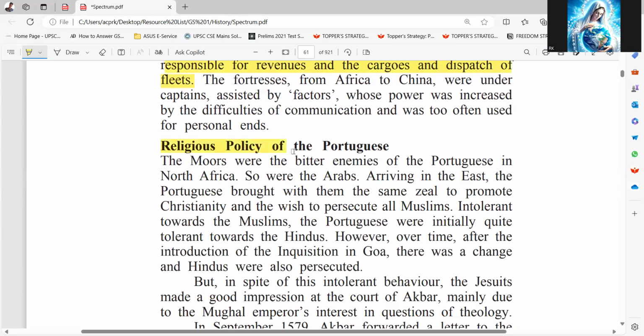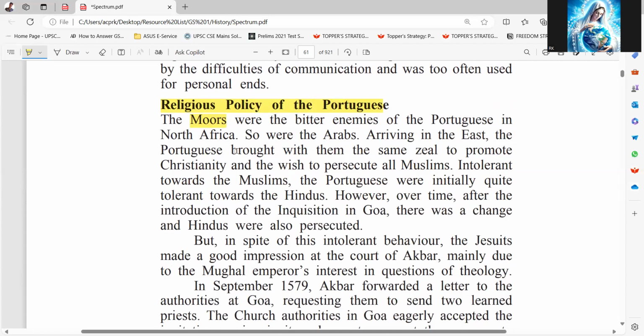Next one is the religious policy of the Portuguese. The Moors were the bitter enemies of the Portuguese in North Africa. So were the Arabs. Arriving in the East, the Portuguese brought with them the same zeal to promote Christianity and the wish to persecute all